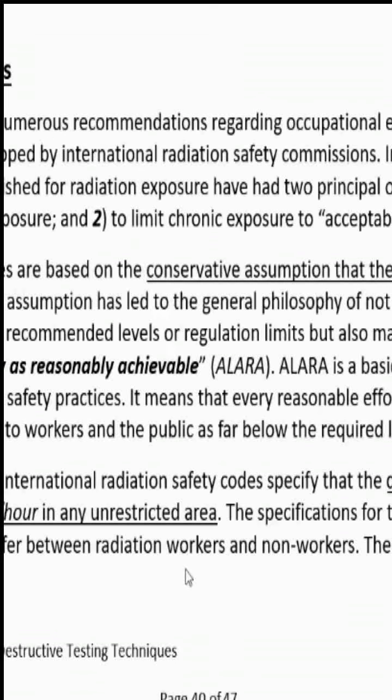Okay, where you have a radiation site, radiography site, out of that room or somewhere some poles would be put, and they will put a banner, radioactivity, don't come in this area, right? So the area that you are not allowed to go into, just outside of that area, there the safe limit is 2 milliroentgen per hour, not more than this.